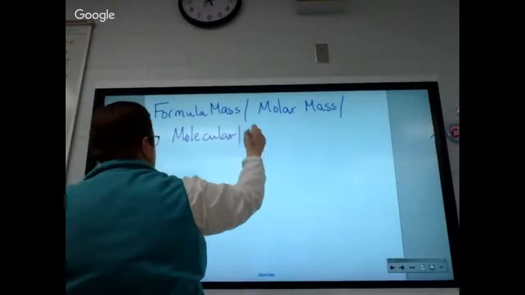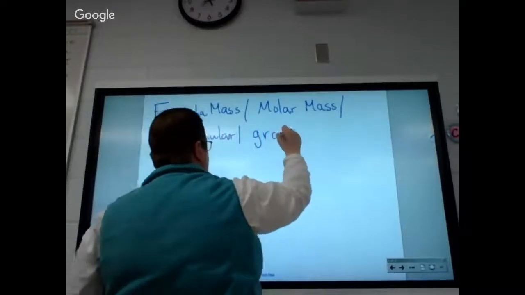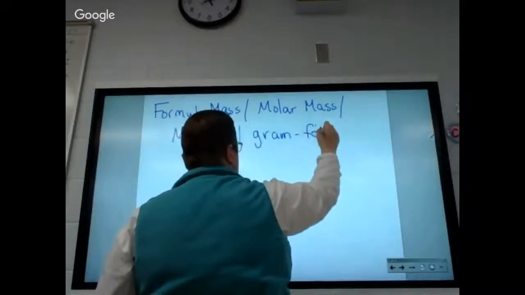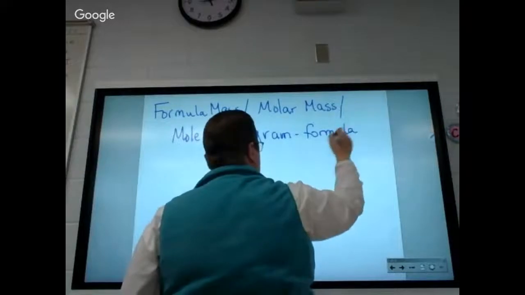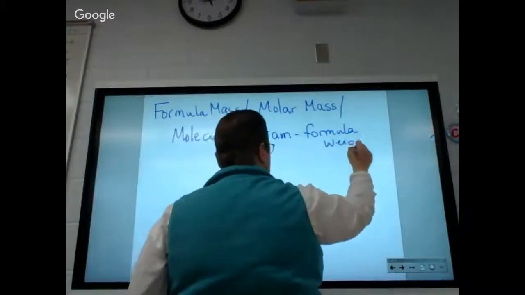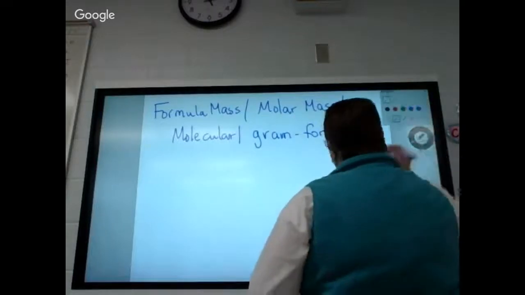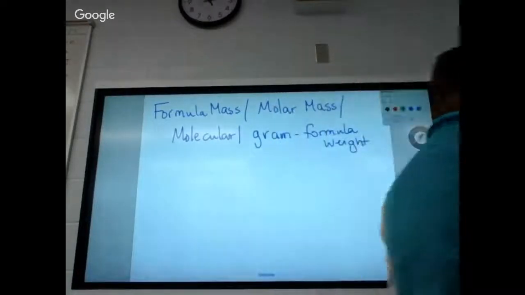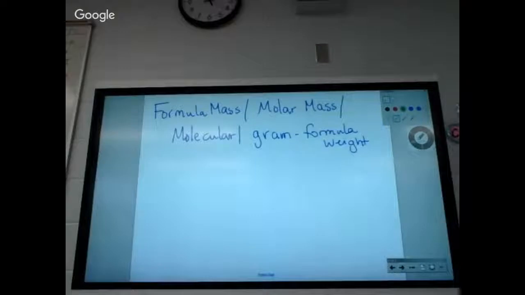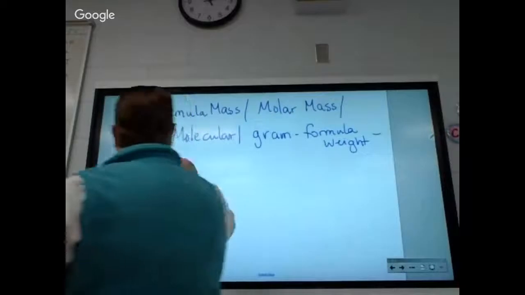I have even seen it called gram formula weight. Now, all of this means the exact same thing. It depends on the author of the question or the text as to which one they call it, but it all means the same thing. It is the mass